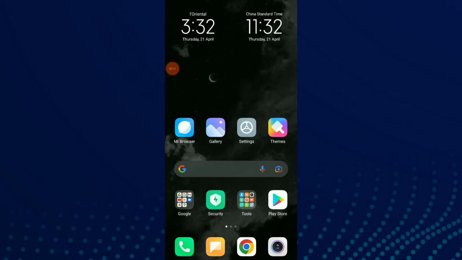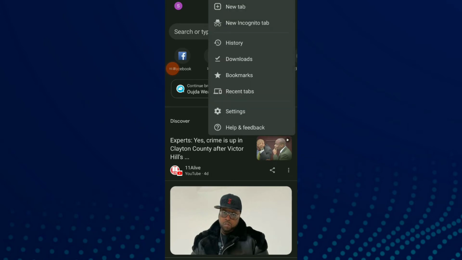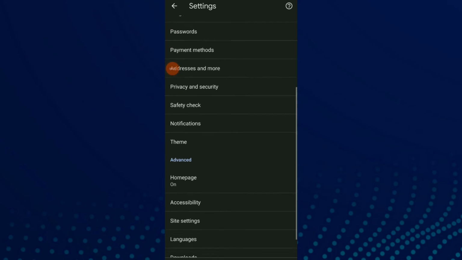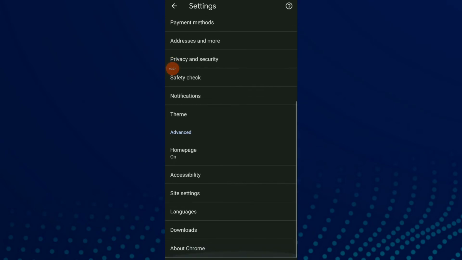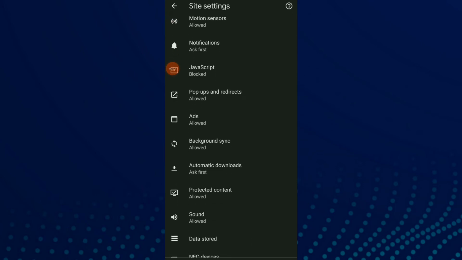First thing, go to your Google. Now click on those 3 points up there and click on settings. Scroll down and click on site settings. Scroll down again and you're gonna find automatic downloads. Click on it,